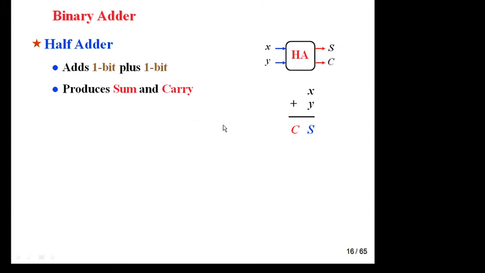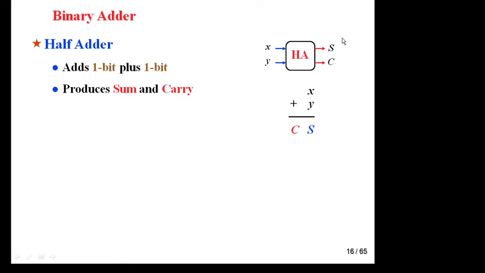Okay, you know what is the design procedure. First you have to determine the number of inputs. Simply you are adding two numbers. At one time it can add only two numbers, so there are two inputs. And in case of addition there are always two possibilities, one is sum and one is carry, so there are two outputs. Now you have determined number of inputs 2 and number of outputs 2.